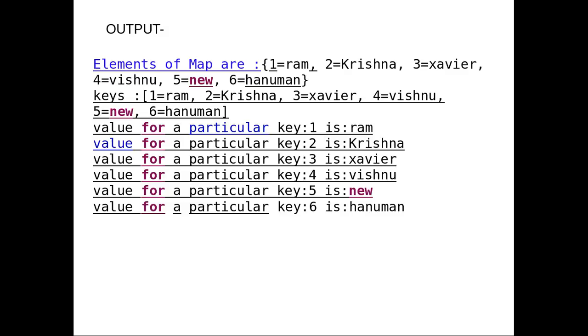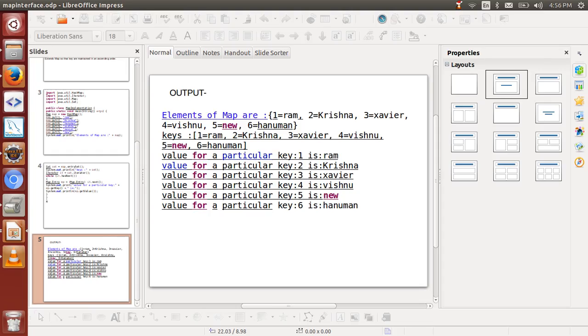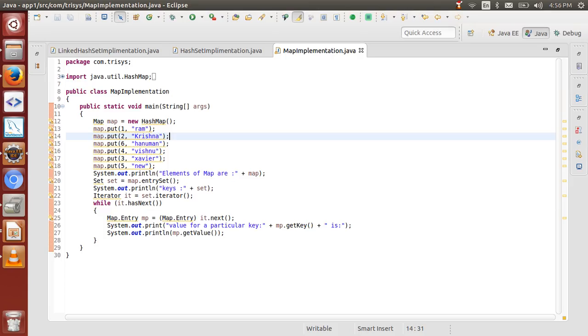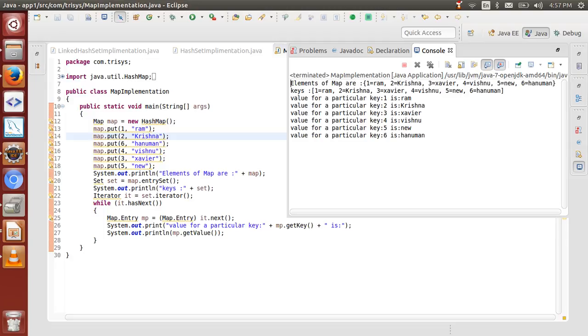Let's see this program in Eclipse. As I have already written this code in Eclipse, let's execute this program. Here we will get output like this. Elements of map are 1 Ram, 2 Krishna, and so on. Keys are 1, 2, and so on, and values of